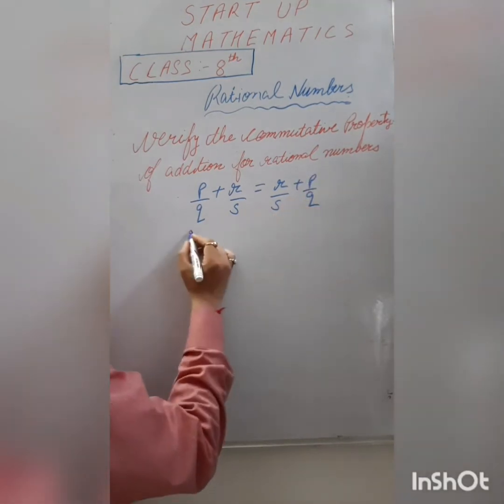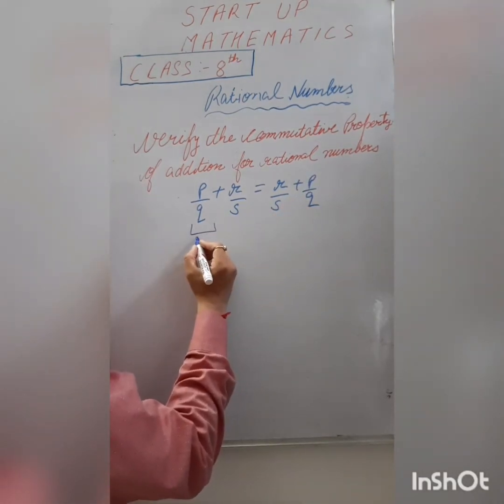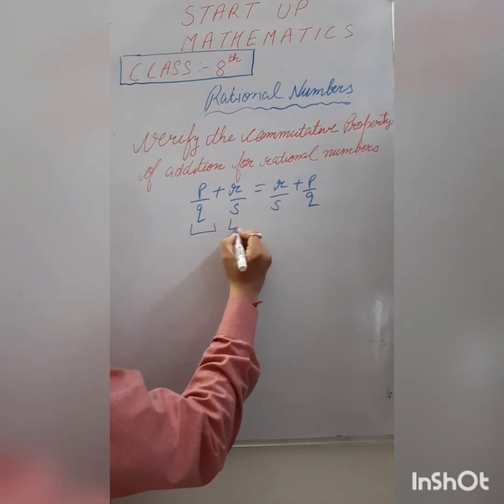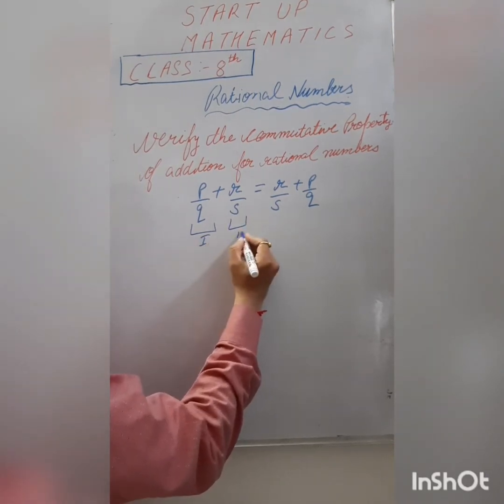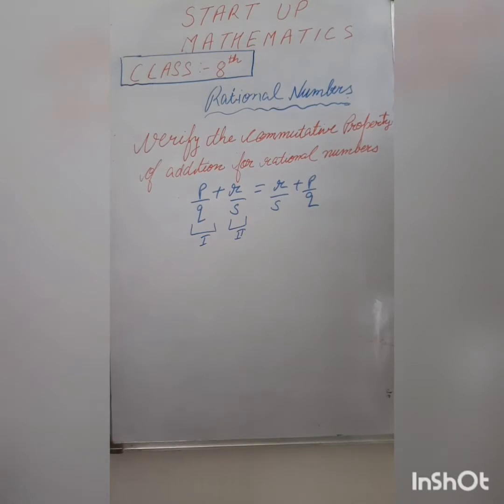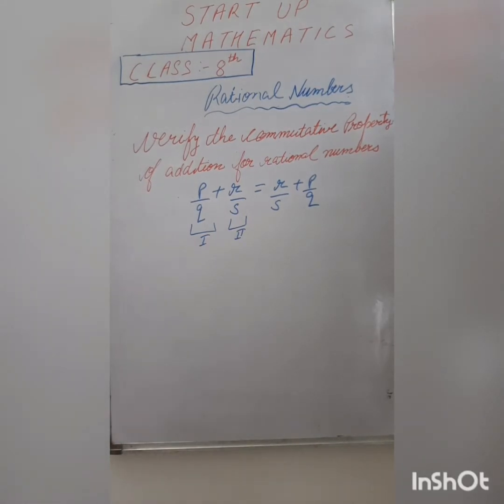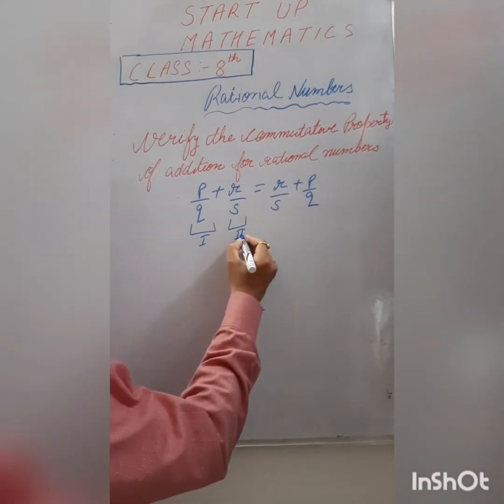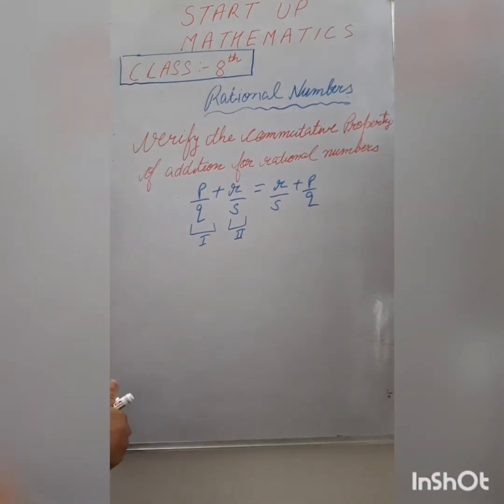So you can add these rational numbers in any order, right? Great. So we have to verify, and the given rational numbers are